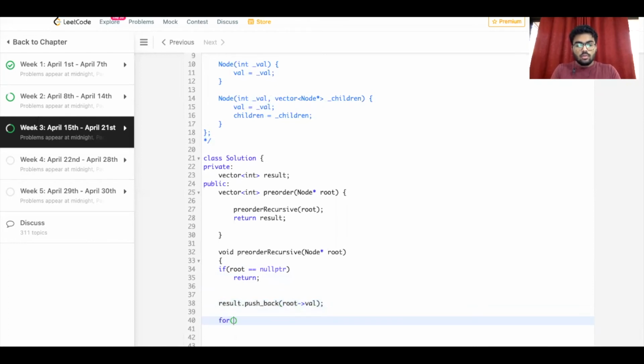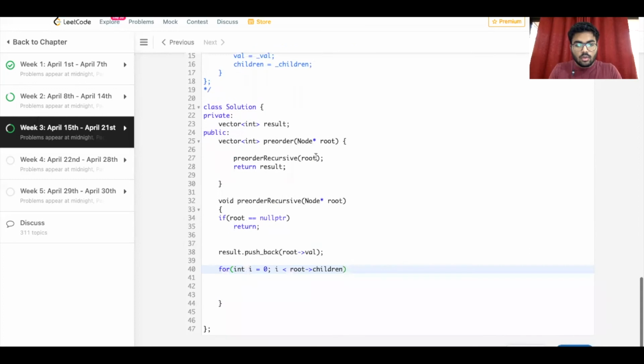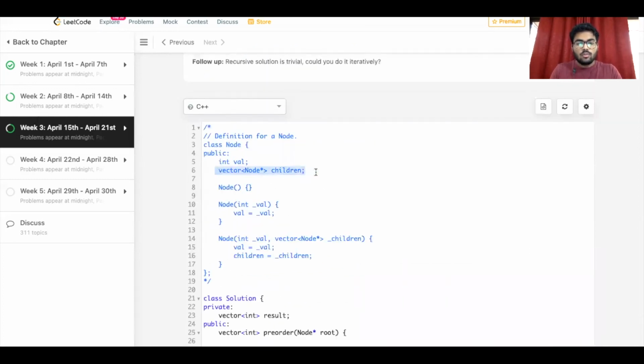Then we do i is equal to 0, i is less than root's children. We have root children dot size. So children is a vector here which has been given.